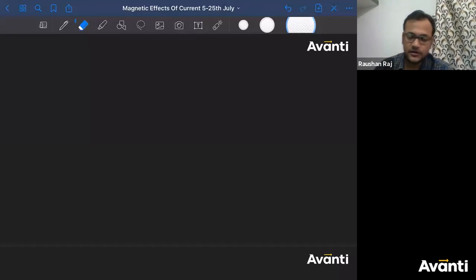So yesterday we talked about the magnetic field because of a finite current carrying wire, right? Finite straight current carrying wire. Then we talked about an infinite current carrying wire, a long current carrying wire, and a semi-infinite current carrying wire, right? Today we'll